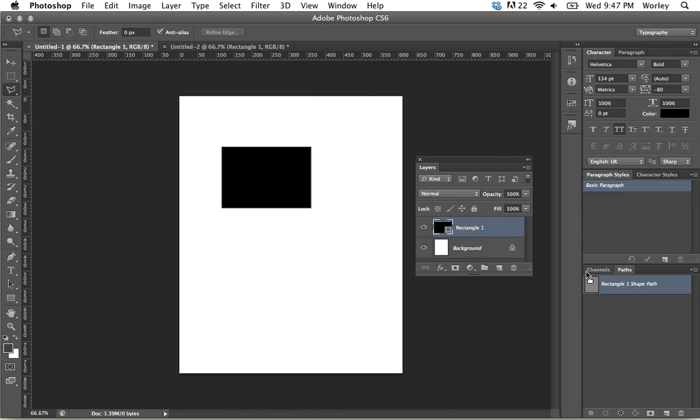So there you go. That's kind of the interface of Photoshop CS6. In the next video, we are going to be talking about Camera Raw, which is the editing photos in the macro sense. So not quite in Photoshop, but it's an extension